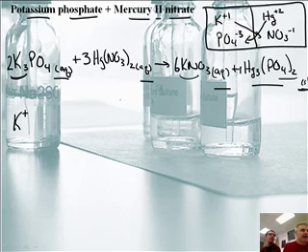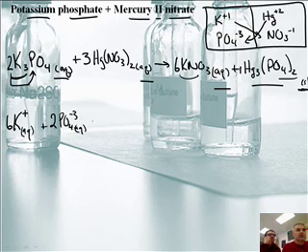I'm going to say K positive. Now, how many Ks do I have? 2 times 3. I have 6. So there's 6 K positive AQ, plus, this 2 multiplies the phosphate. So I'll say 2 phosphates. 2 PO4 negative 3 AQ